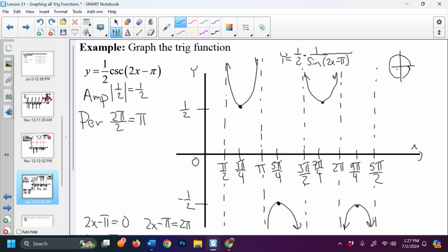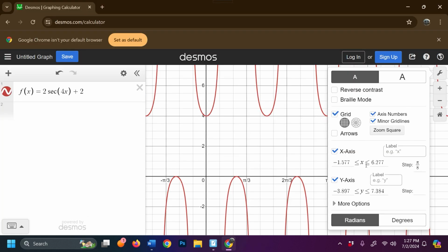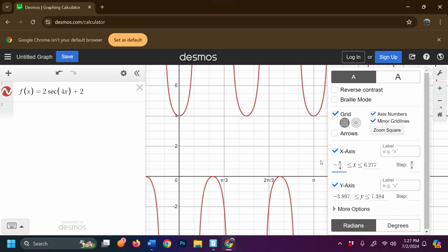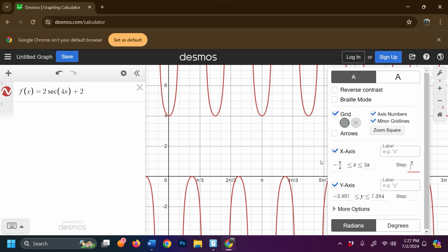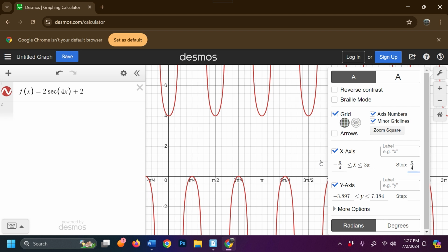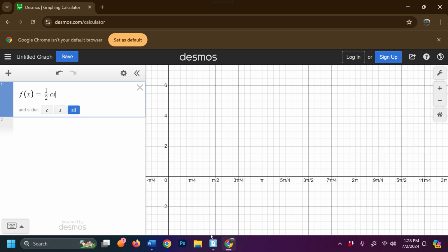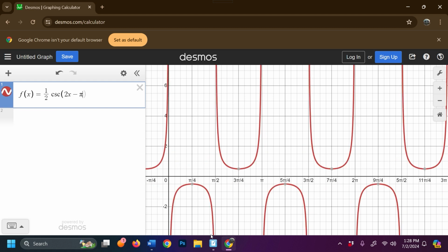And so just to make sure that we're checking it, let's go over there to Desmos, and let's make this a little bit smaller. Let's make it from negative pi over 4 to pi over 4. And then let's change this to 1 over 2 cosecant, and then it was 2x minus pi, close those parentheses,